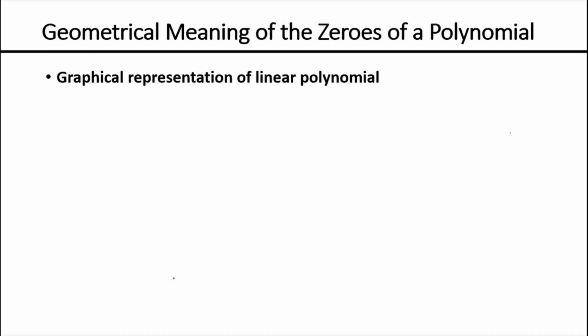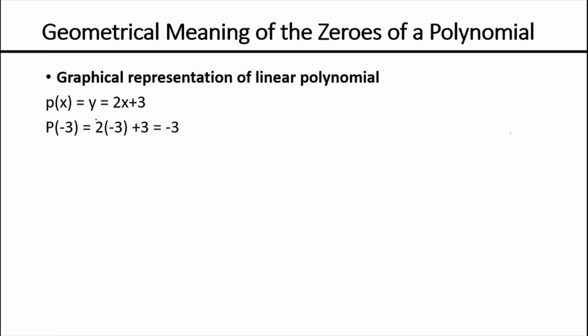And we'll do that by taking some examples. Now, first let us start with a linear polynomial. Let us take an example of a linear polynomial p(x) = 2x + 3. Since we know that a two-dimensional graph is always on the x-axis and y-axis, that is why we will denote p(x) as y.